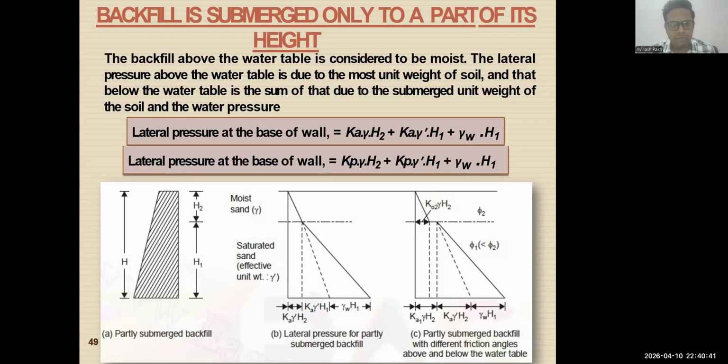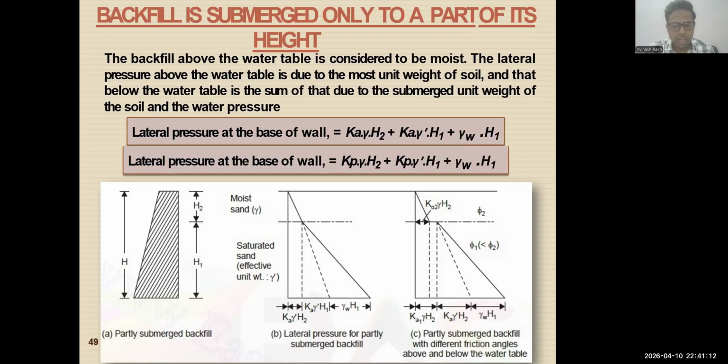The backfill above the water table is considered to be moist. The lateral pressure above the water table is due to the moist unit weight of the soil, and below the water table it is the sum of that due to the submerged unit weight of the soil and the water pressure. So the formula will be Ka gamma H2 plus Ka gamma dash H1 plus gamma W H1. Lateral pressure at the base of the wall will be Kp gamma H2 plus Kp gamma dash H1 plus gamma W